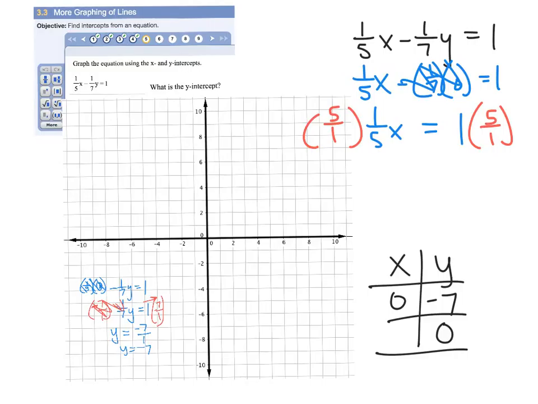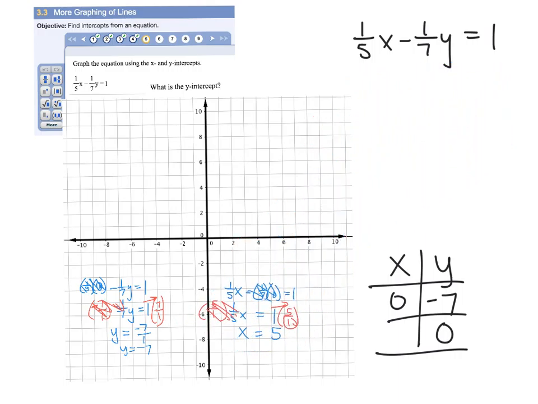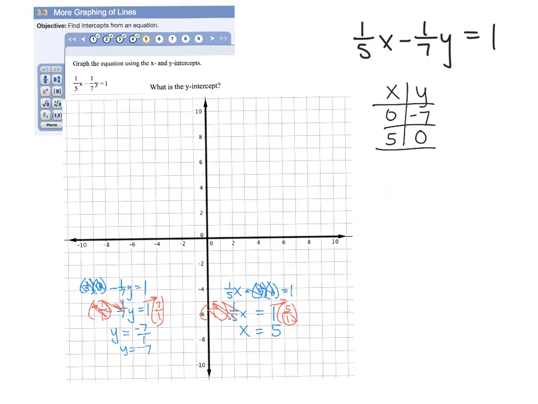And so 5 over 1 times 1 over 5, that equals 1. So we end up with just x is equal to 5. How did I get 5? Well, 1 times 5 is 5 over 1, and 5 over 1 is equal to 5. And so when y is 0, x is equal to 5. So there is our completed table. And so we know that our coordinate pairs are 0, negative 7, and then the other one is